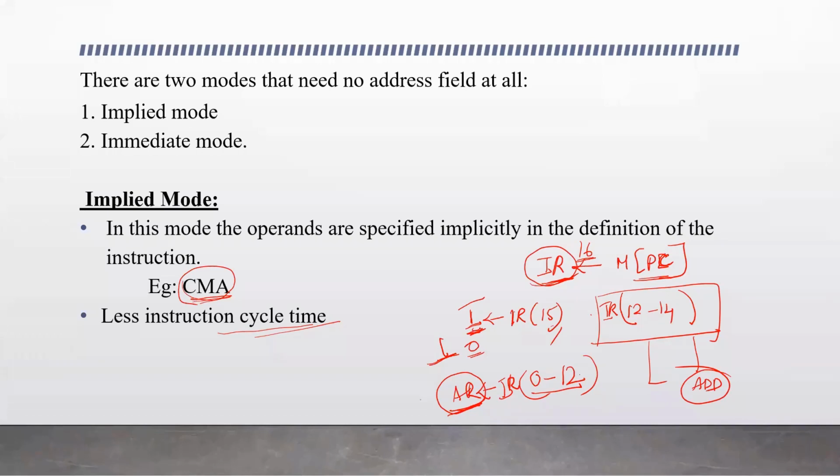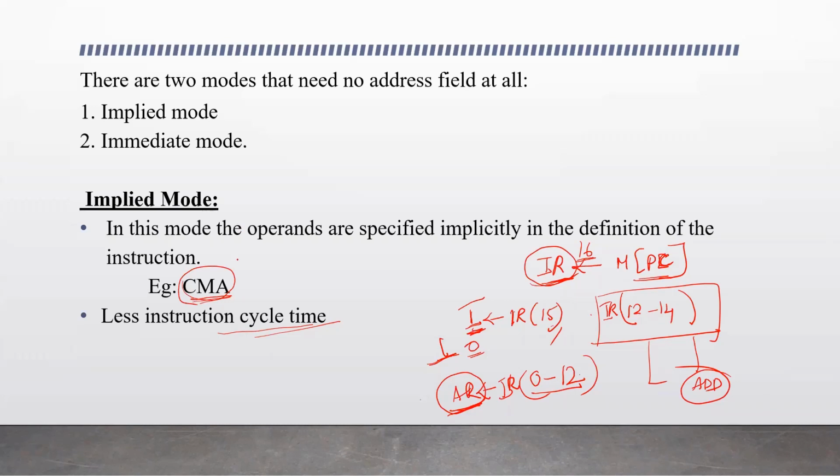The final phase, the last process, is execution: execute the instruction. So these are all the phases. These are the different processes involved in the instruction cycle. The total time taken to complete these four operations, fetching the instruction, dividing the parts of the instruction code, decoding the operation, finding the effective address, and executing the instruction, is the instruction cycle time.